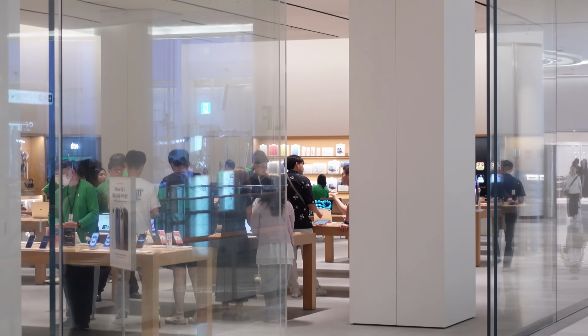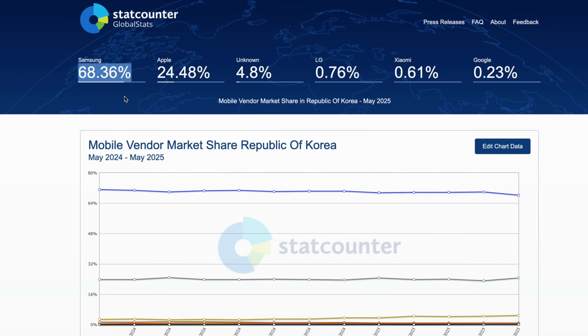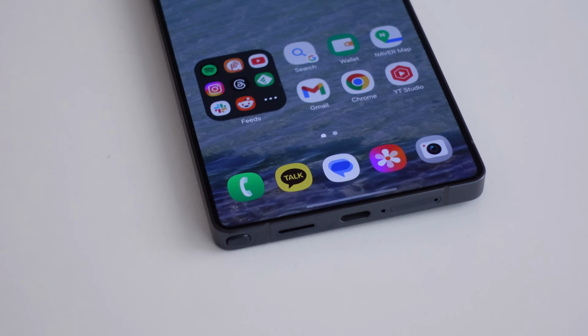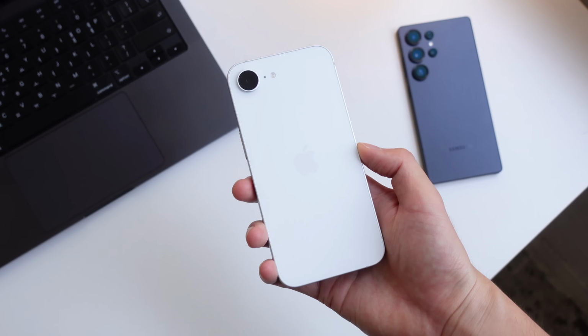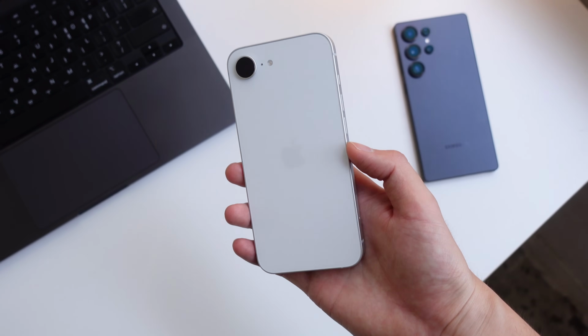But even though Apple specifically dominates Gen Z and younger people, as a whole, Samsung is still much more dominant overall with about 70% smartphone market share across the country. Unlike the US, there's no iMessage lock-in happening since everyone just uses KakaoTalk to text, send pictures, get banking alerts, make reservations and appointments, and just a ton of different things. iPhone will probably continue to eat away at Samsung's market share here, but there's no iMessage lock-in to begin with,